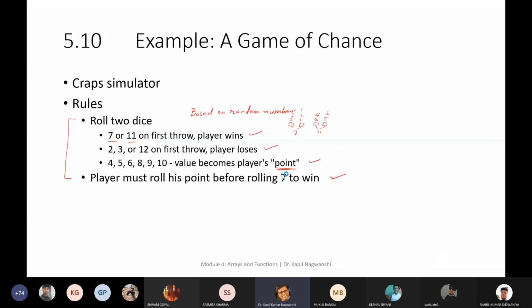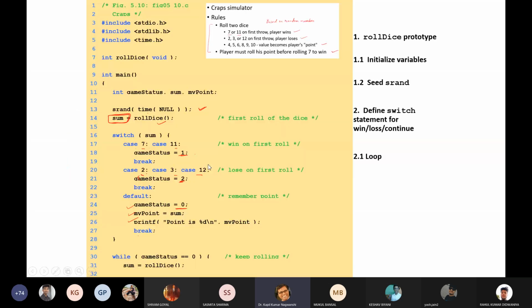Now let us write it in programming terms. So you have the idea that we need to use two random throws, two random numbers because we are having two dice. Fine. Now come here. This is our problem, it is written. And we need to add the numbers together to find the value of the summation.